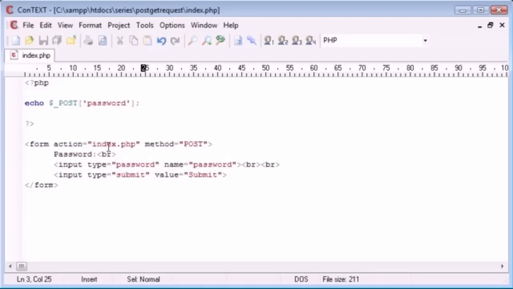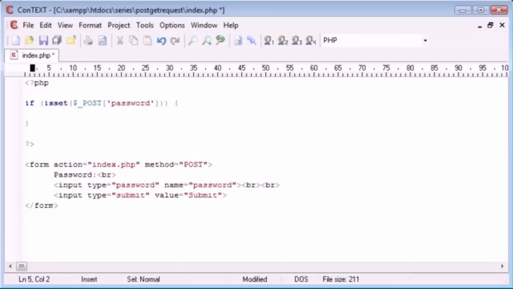So what can we do with this? We can again check that the form has been submitted. So we say if isset, and we say $_POST this time, password. We execute in this block here. So if we've submitted and the password has been sent, or the form field data has been sent, we now need to grab that. So I'm going to say $password equals $_POST